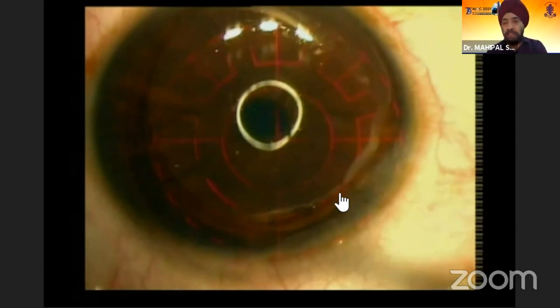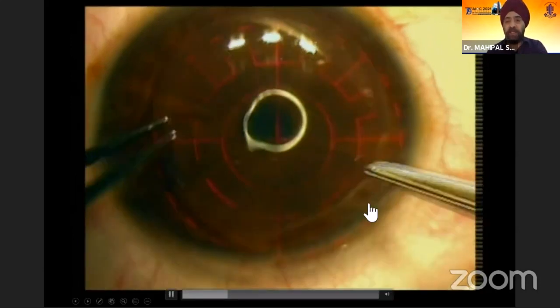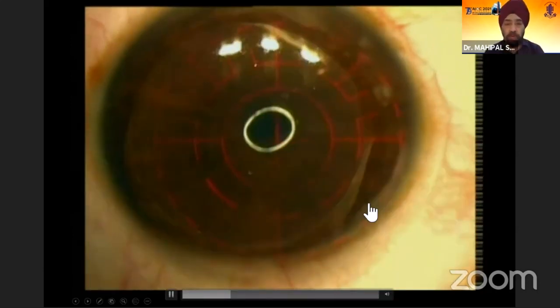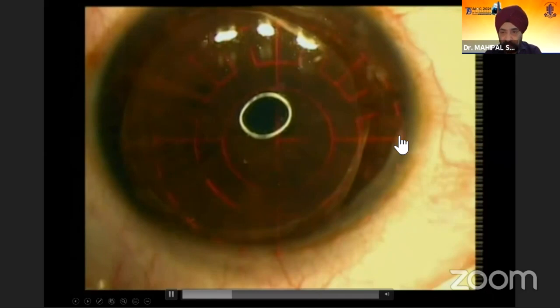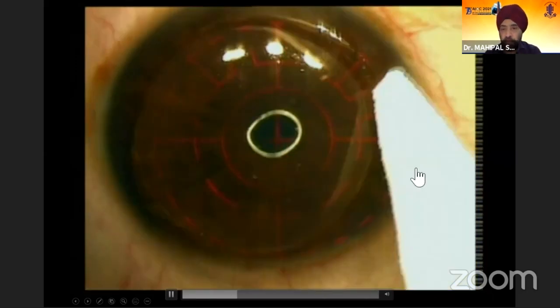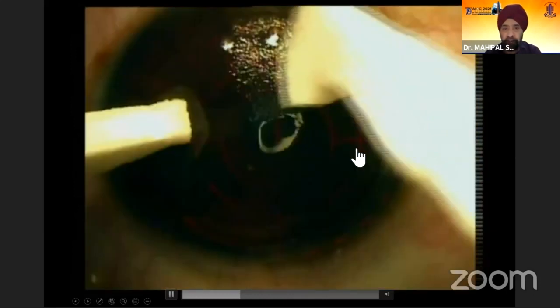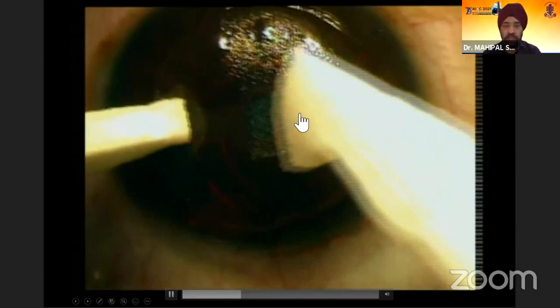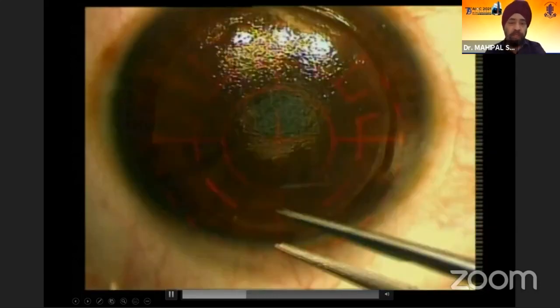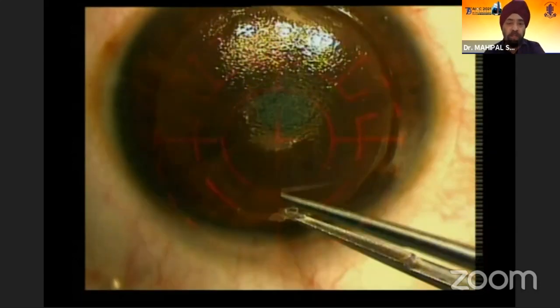Plus, you can see the hinge that we have. The hinge is the area where we are going to match the avulsed edge. You can see this avulsed edge is not round, so you can use it to match. And once we dry it up, we see that this is not the right side up. It seems to be the stroma which is up. So what you have to do is put it upside down.